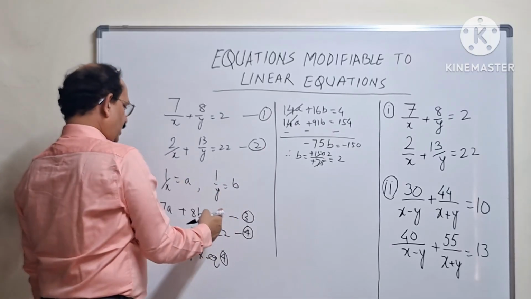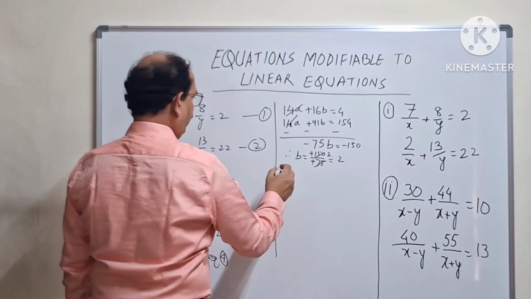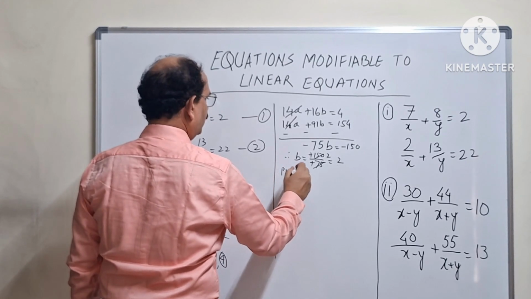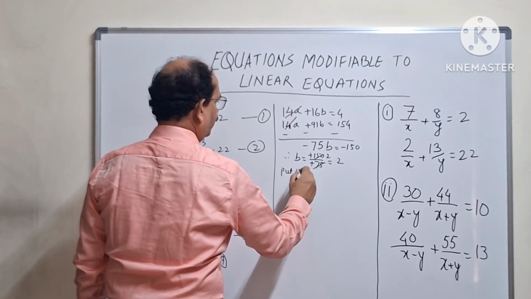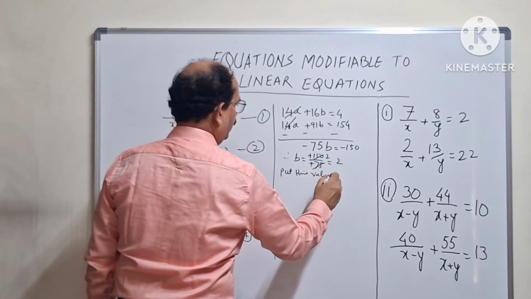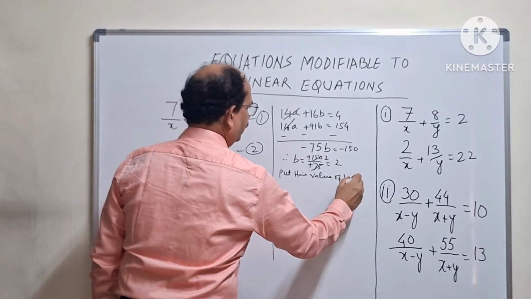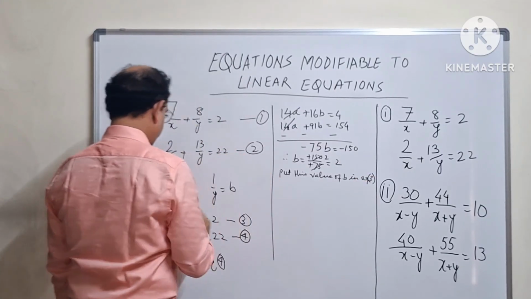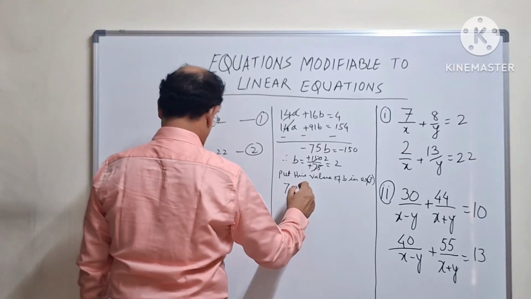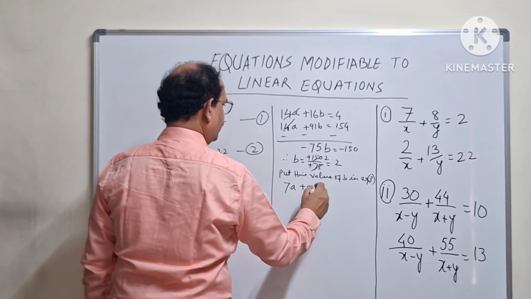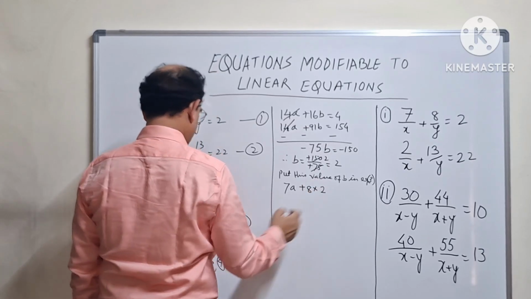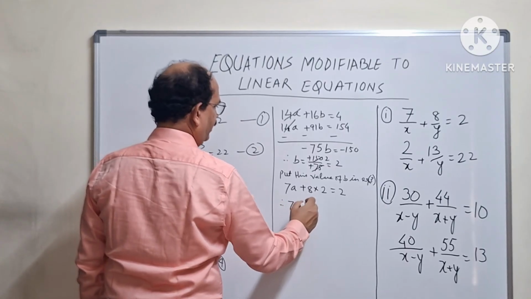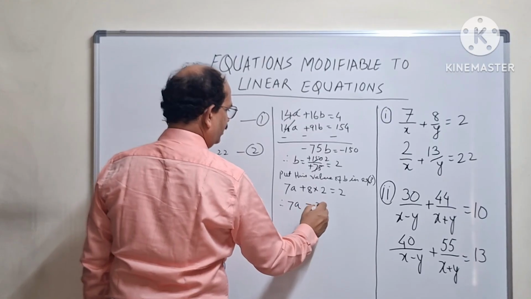Now using b in equation 3, we can get the value of a. So let's write it. Put this value of b in equation 3. And what do we get then? 7a plus 8 into b, which is 2, is equal to 2. Therefore, 7a will be equal to 2